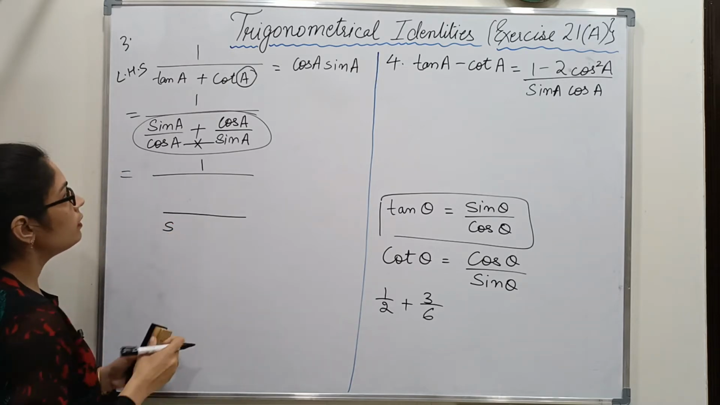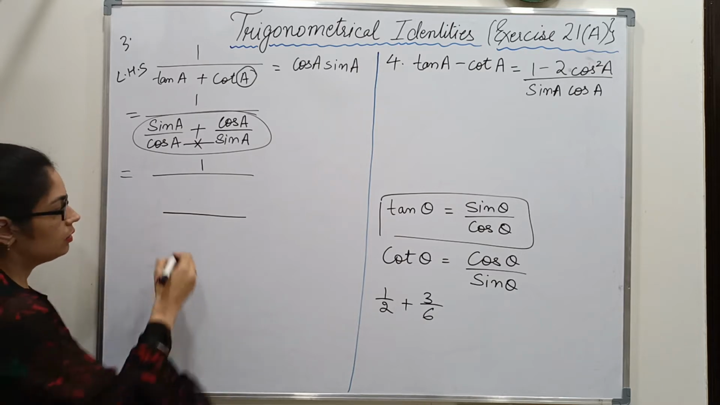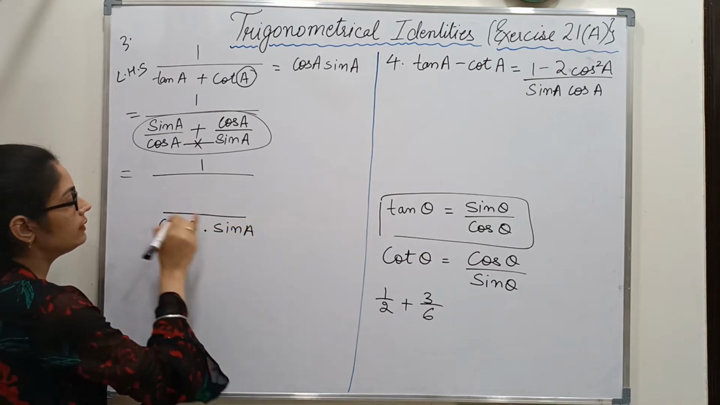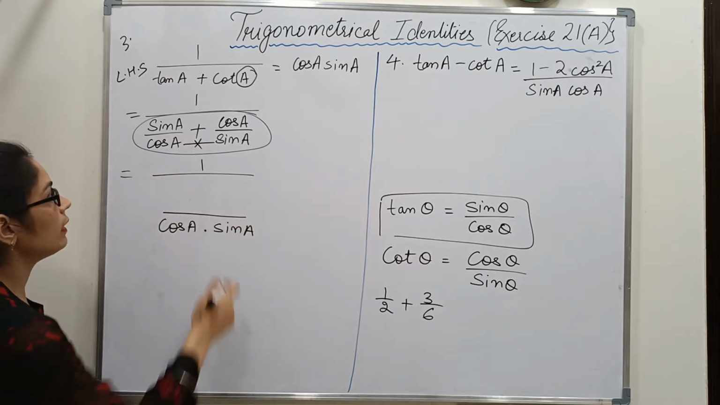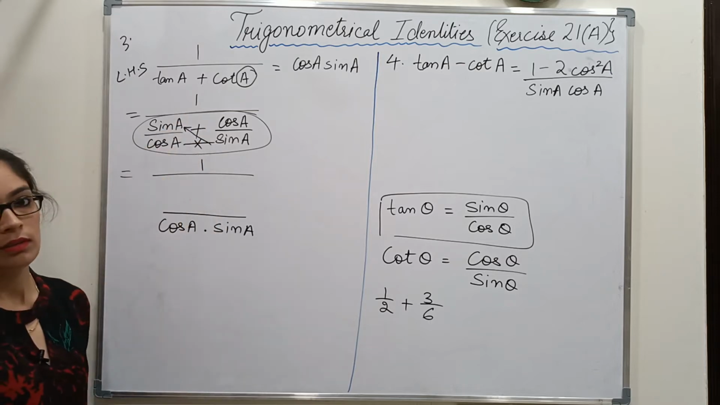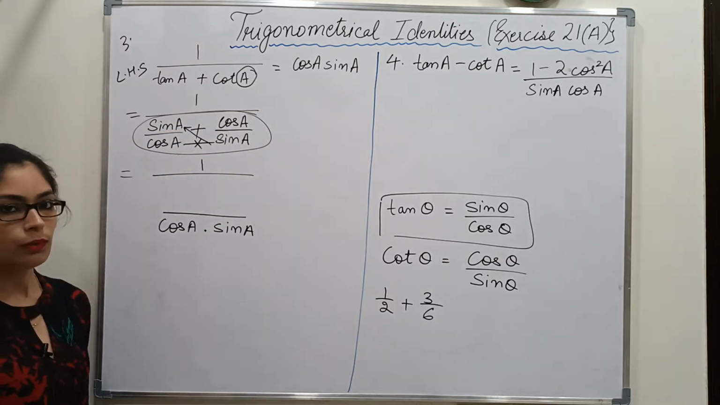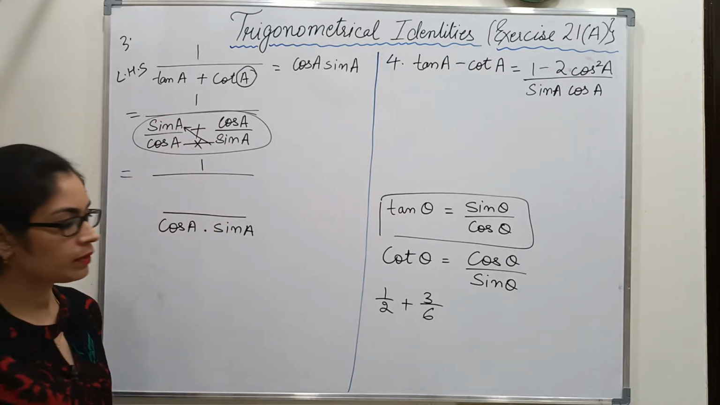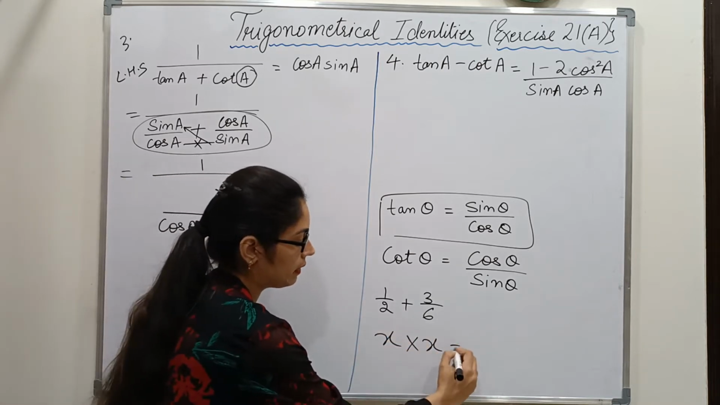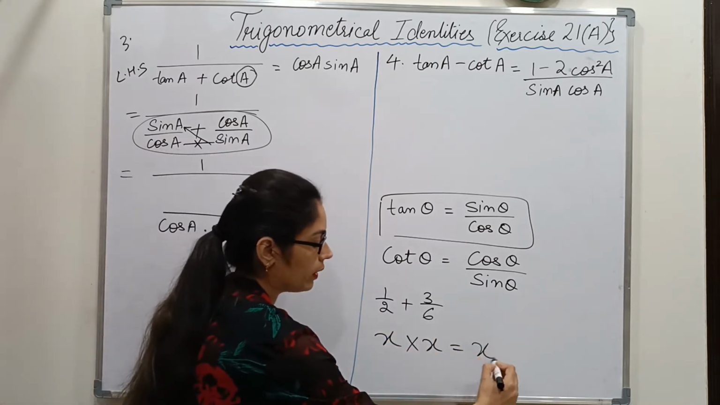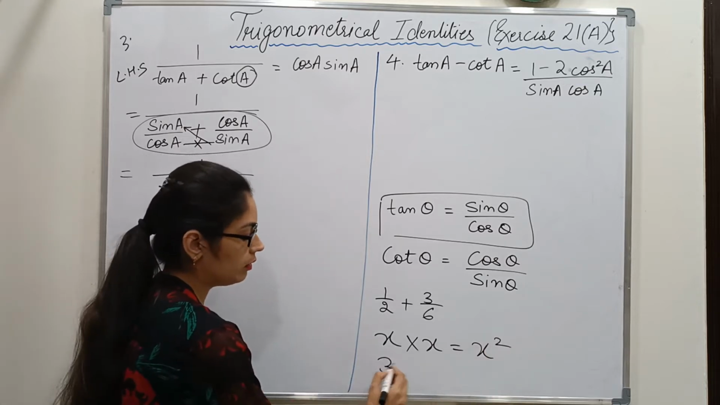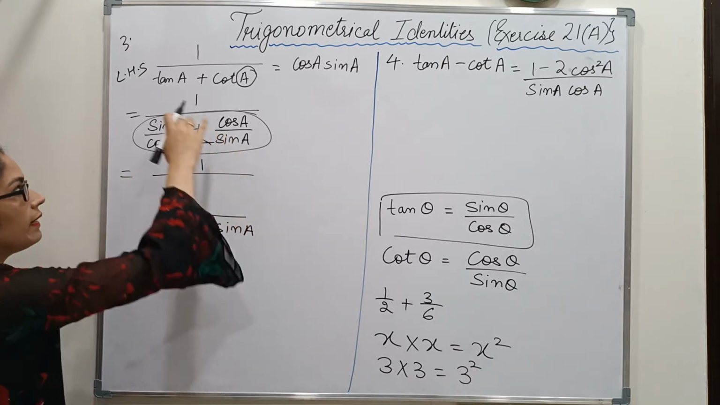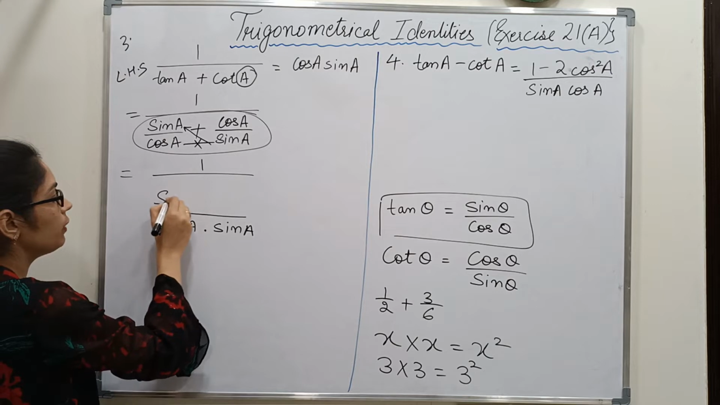So one of the denominator is sine, the other one is cos. So I will write as cos into sine. So their LCM will be cos A into sine A, and their cross multiplication, sine A into sine A. So what to write in numerator, that will be their cross multiplication. Sine A into sine A, like x into x, when we multiply, what do we write? X square. 3 into 3, when we multiply, what do we write? 3 square. So same way, when sine into sine is getting multiplied, I have to write as sine